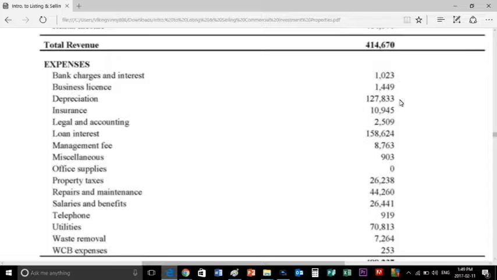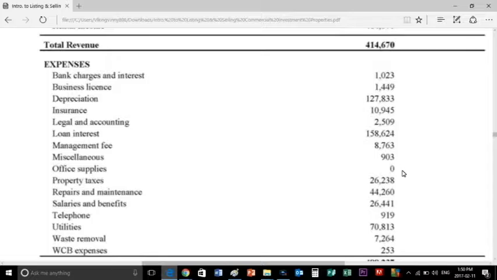Business license, $1,449. Depreciation, $127,833. Insurance, $10,945. Legal and accounting, $2,509. Loan interest, $158,624. Management fee,